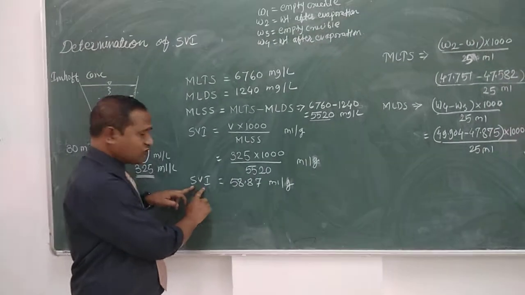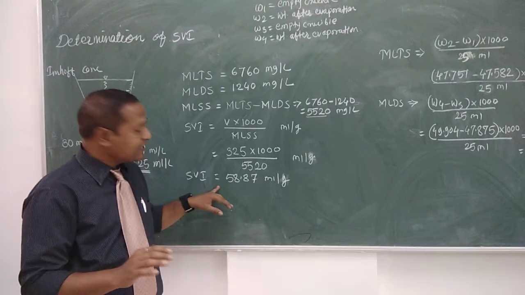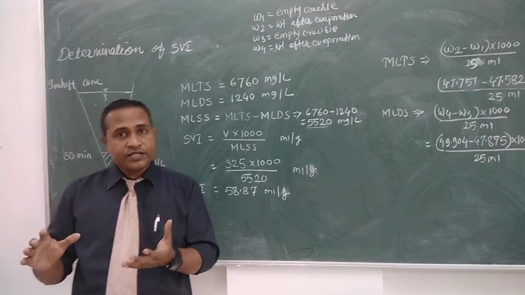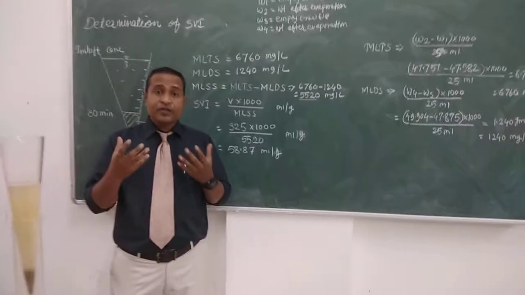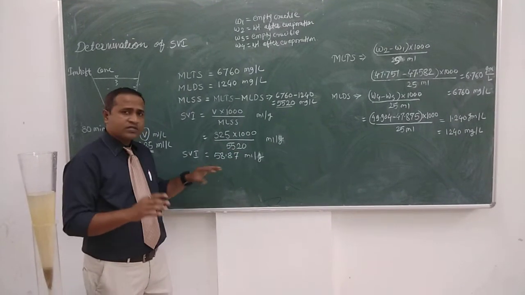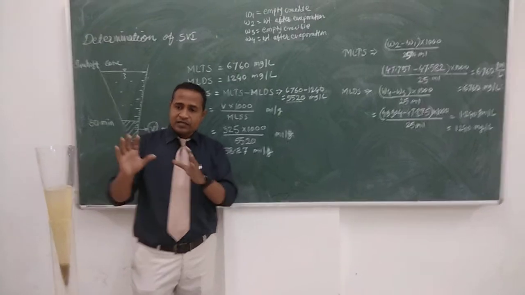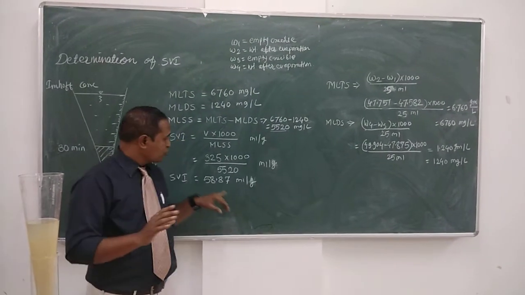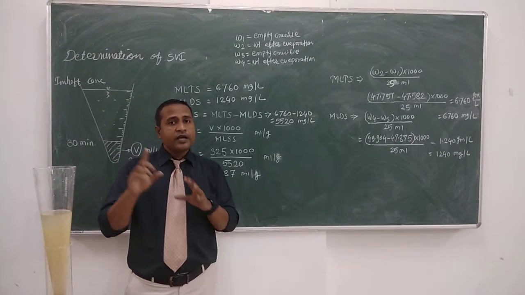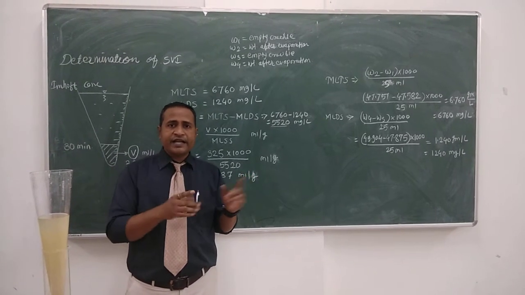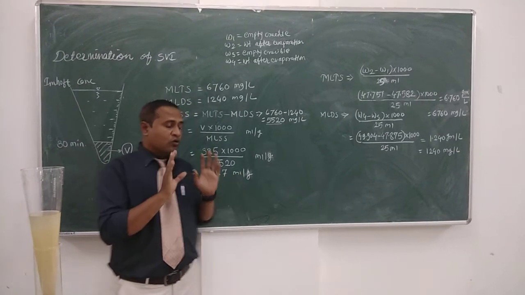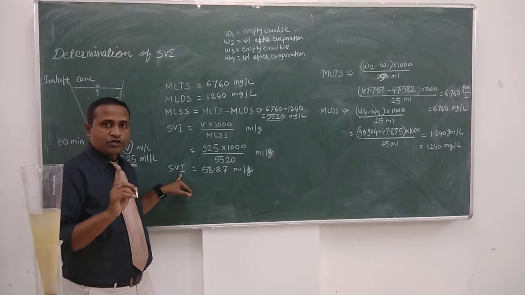Now what is the significance of this SVI? Sludge volume index indicates the efficiency of the extended aeration. It shows how efficient the sludge is to aerobically decompose the organic matter from the wastewater. When this SVI comes around 50 to 60, we can consider that the aeration process is running quite well. The second significance of this SVI is that we need to recirculate the activated sludge to the extended aeration tank in the treatment plant. So to define the recirculated sludge quantity, this sludge volume index plays a very important role. Thank you.